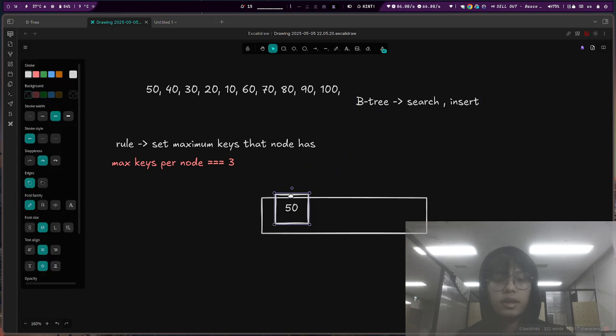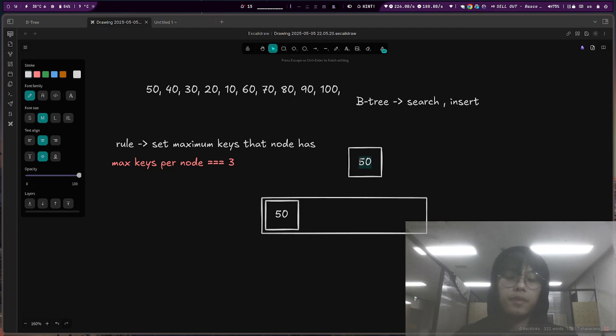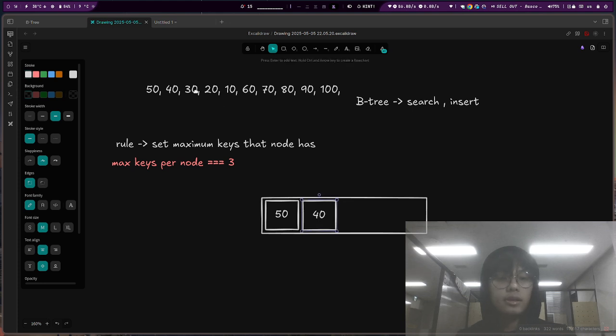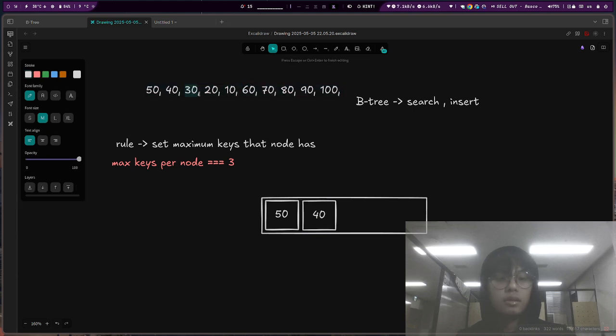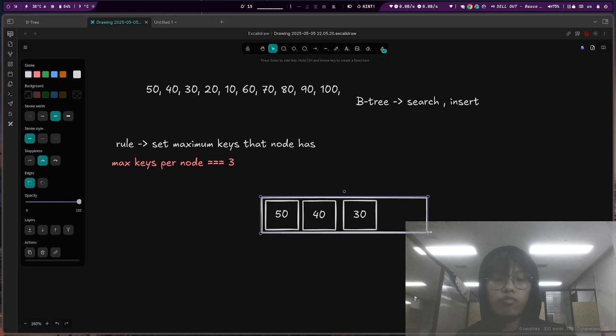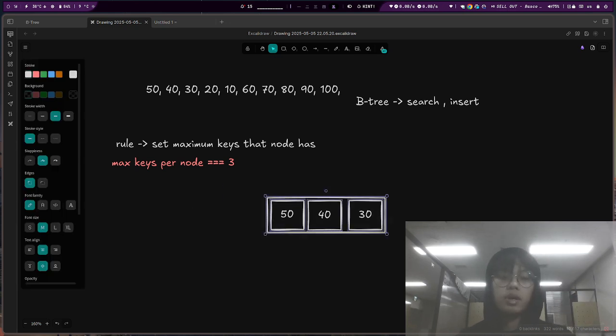Let's say you have 50, and now you insert the 50 key on the node over here, and next is 40. The 40 is fine, let's just put it here. And next is 30. And we just realized that we already have the maximum keys in the node. So in the B tree, when you face this kind of problem,